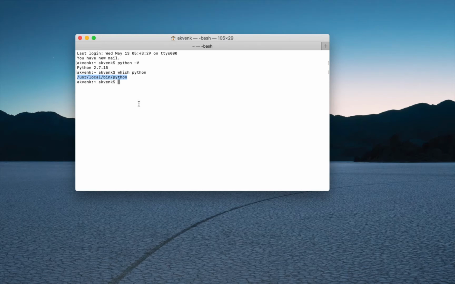We don't want to use the default Python version for multiple reasons. A couple of important ones are: one, this is an old version and we might need a newer version for our test environments. And two, we don't want to corrupt the system default version.